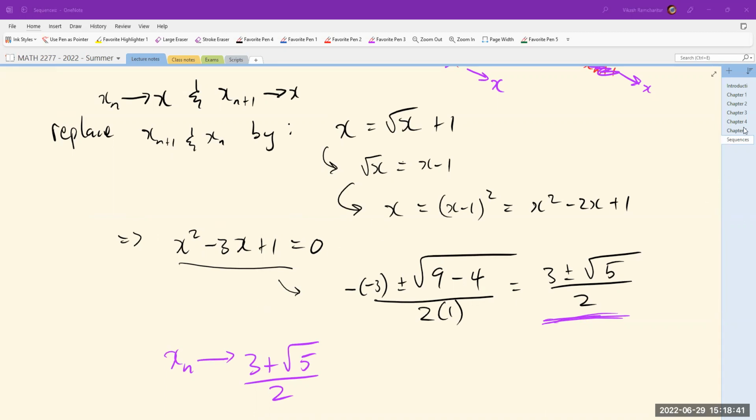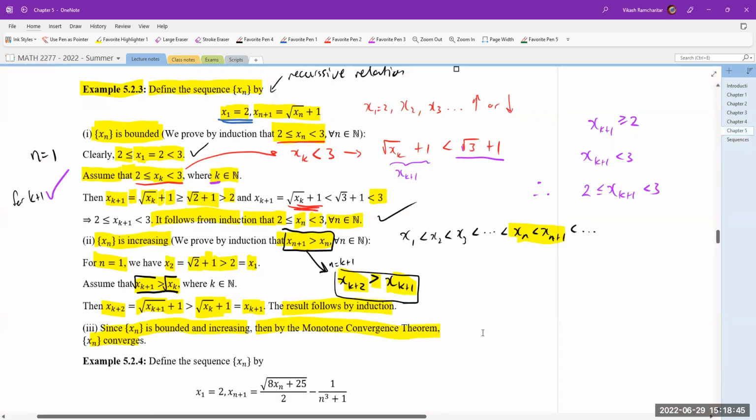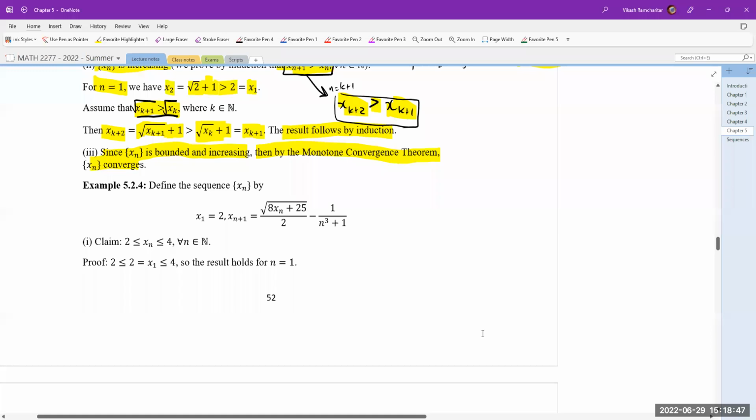This doesn't always work, okay? I should say that. It was easy in this case because the sequence we're dealing with is a nice, easy sequence to work with. However, with this next example, we could do it, but it's going